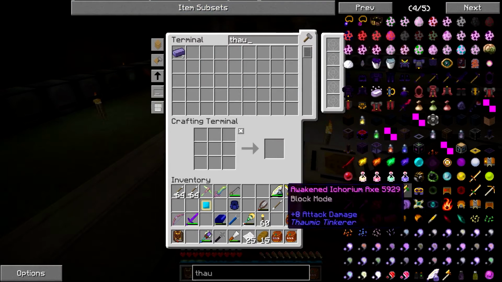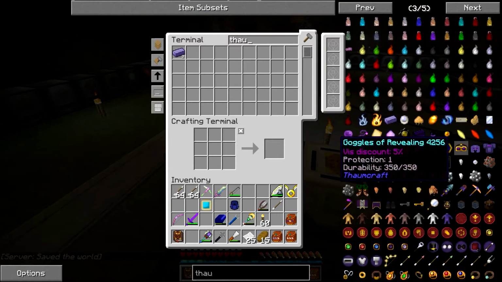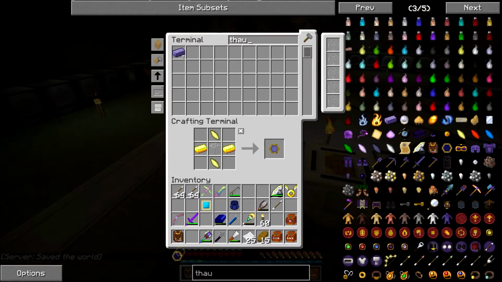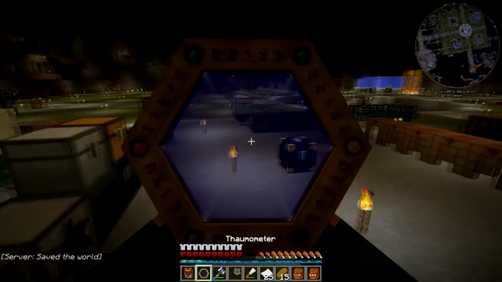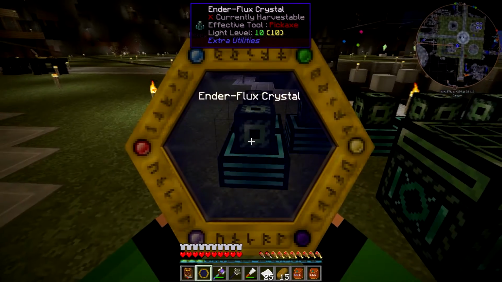Where are you? It should be somewhere around here. Once again, struggling to find it. Aha, there we go. Click on that, shift click, one thermometer, and when we look through this, we can basically just scan anything and everything. So if you can see,